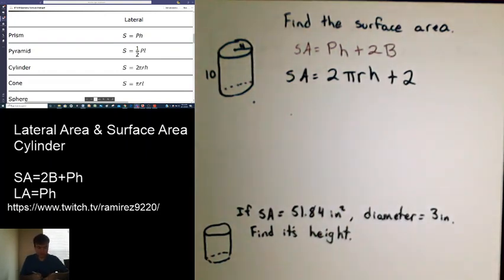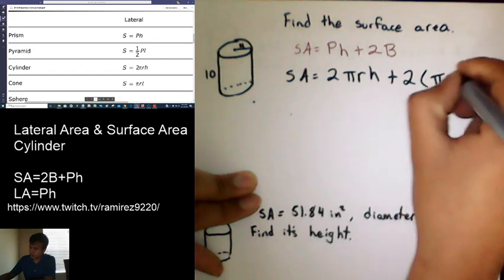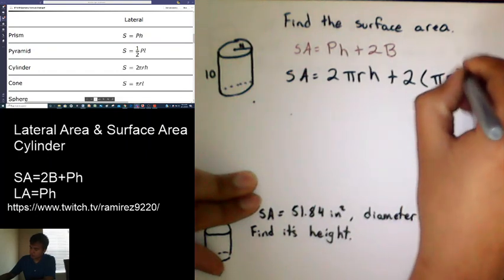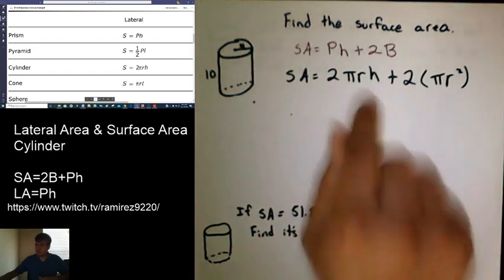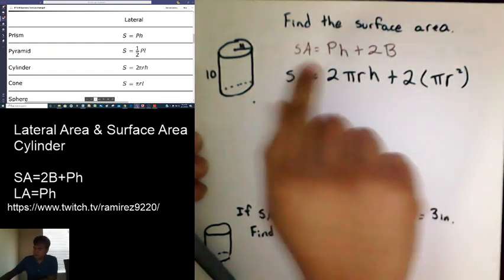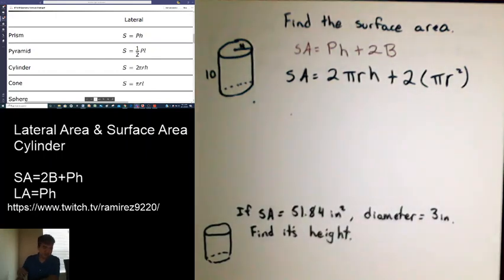But B, remember, B stands for area of the base, and it's a circle, so B is pi r squared. Again, I just really wanted you to know where this formula came from, because in reality you just have to remember that one and just apply it. Okay, this one works for both prisms and cylinders. All right, so now that you know that,